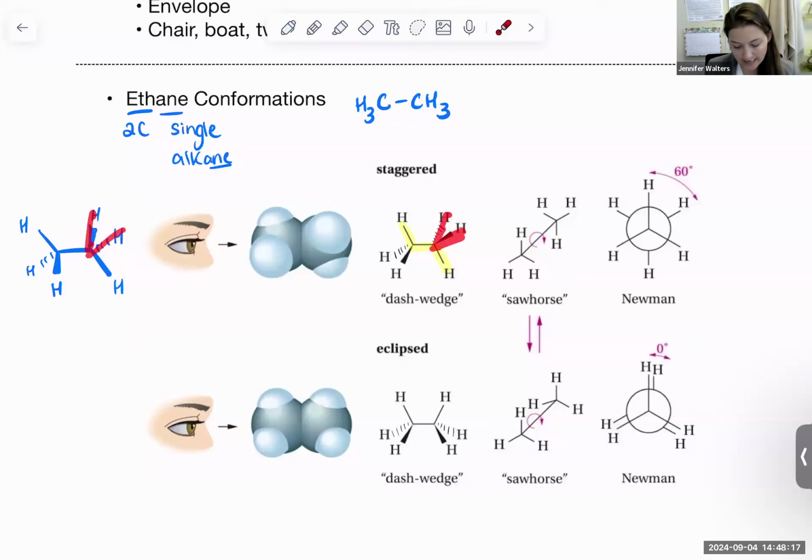So whether you put the wedge or the dash on the left or the right side doesn't matter. That's still equal as long as they're still pointing up from that top part. So what we're trying to do is